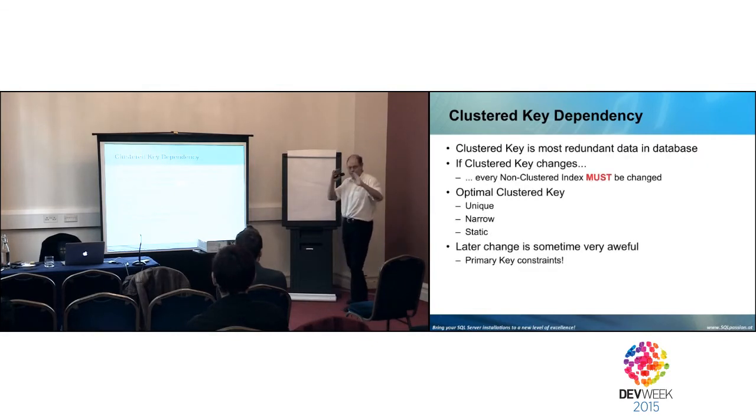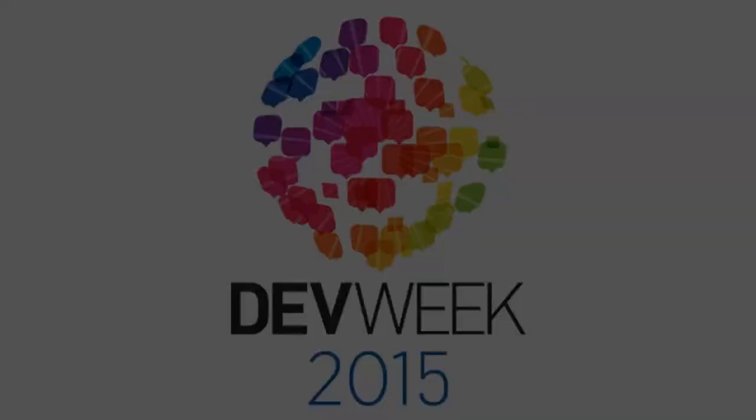So we have a very, very large dependency in SQL Server between our clustered and non-clustered indexes, because of that clustered key column, the column on which we create our primary key constraint. It means normally we should create a clustered key column